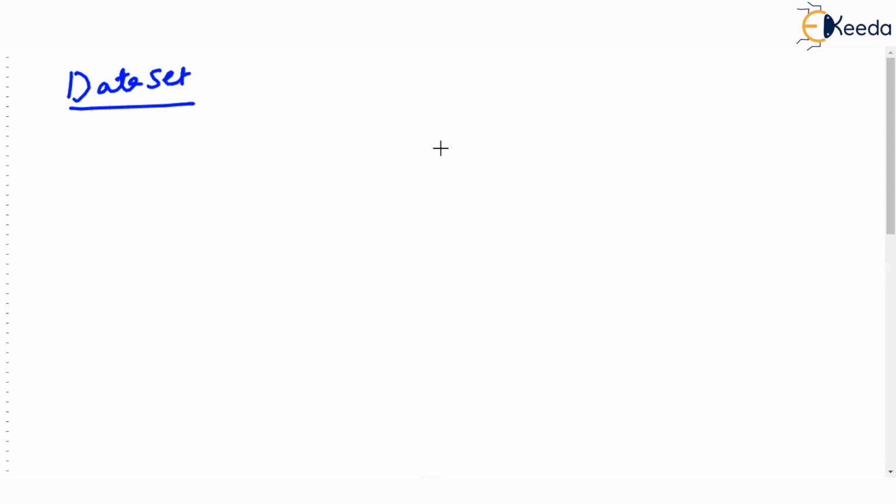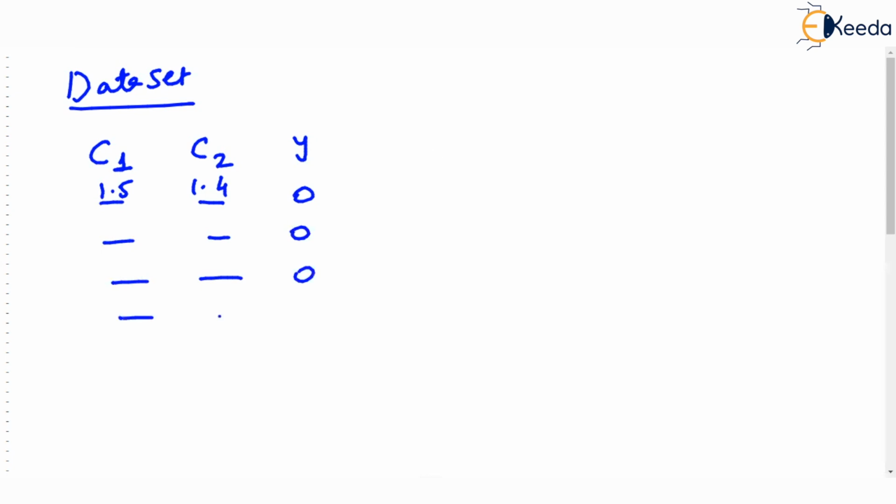To make it easy, we will assume that there are only 2 columns, 2 features, and there is an output. Given some values, the output is 0. I am not writing the values; you can just imagine some values. Let's say the output is 0 for such values, and their outputs are given. Sometimes the output is 0 and sometimes it is 1 for some other values, maybe 2.8, 3.8, the output is 1. And this data is given.